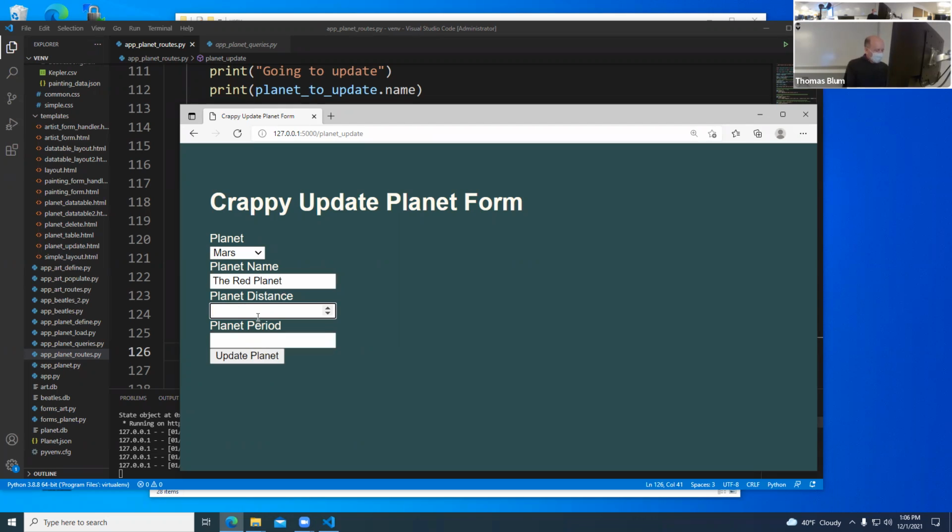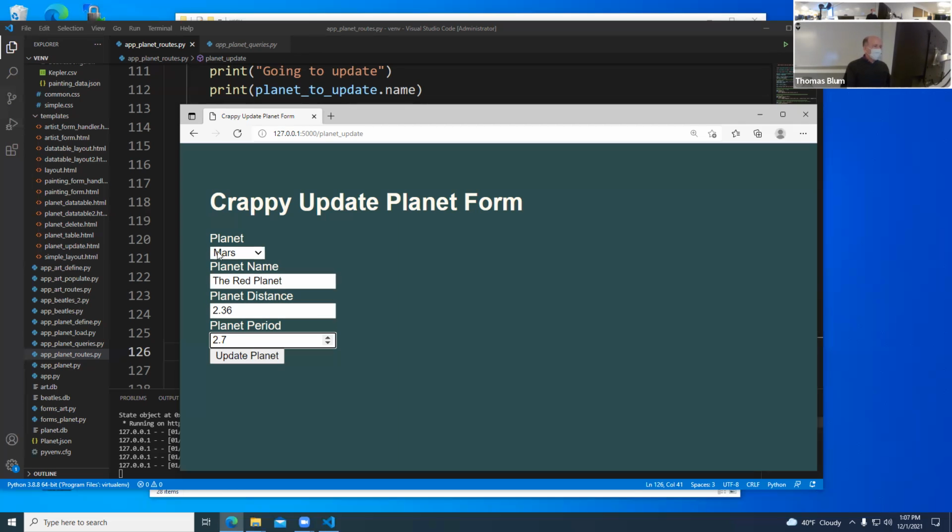I don't remember these values. This is the issue with this: it should display the old information and allow you to pick just the new things and update some things and not update everything. So that's why I call it a crappy update, but it will update.